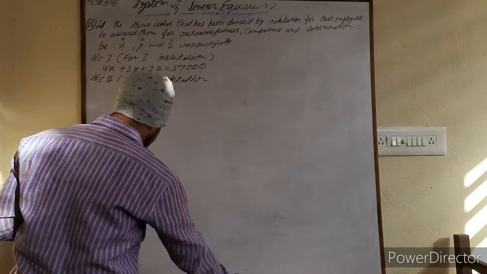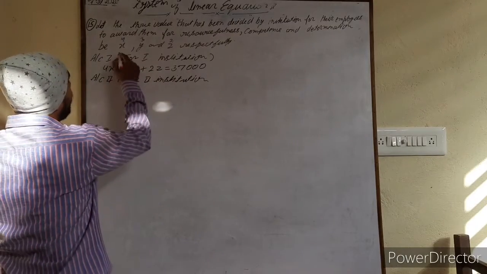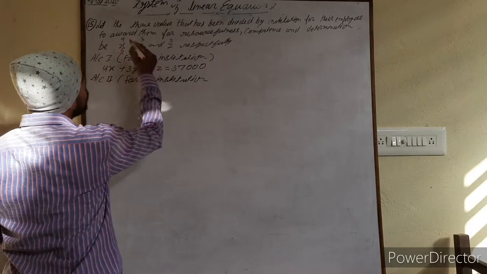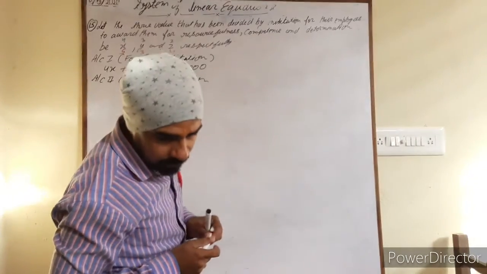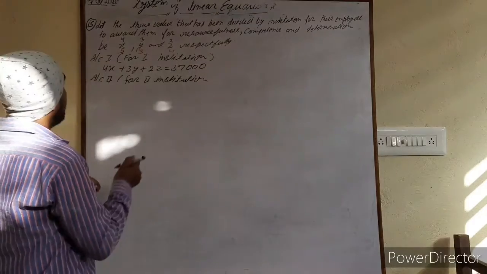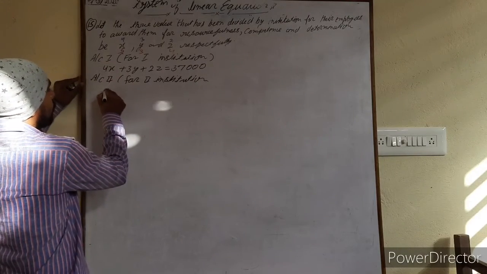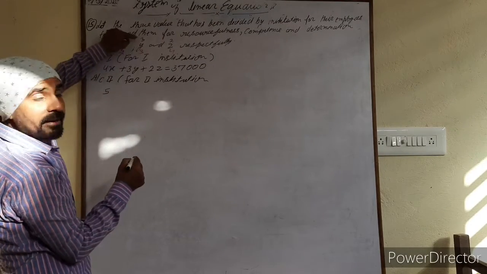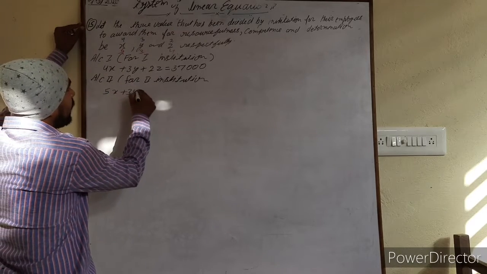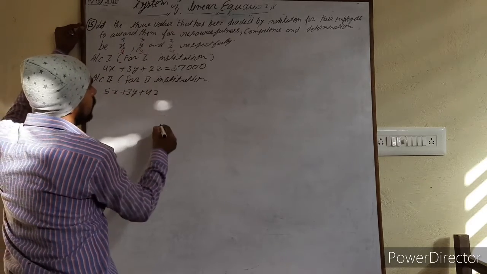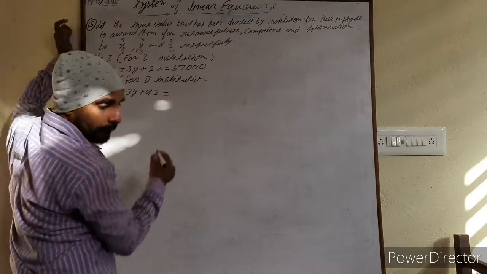It means in this time, 5 employees for this, 3 employees for this and 4 employees for this. 5, 3 and 4 employees are being selected. It means according to the second condition what would be here? 5x plus 3y plus 4z, and that is equal to